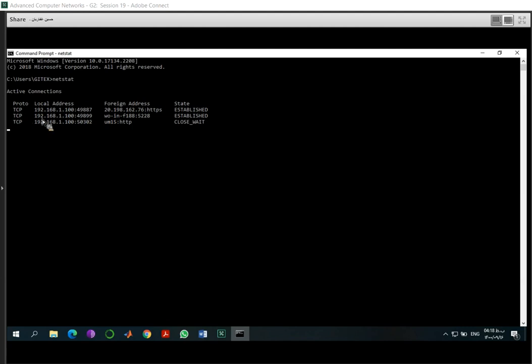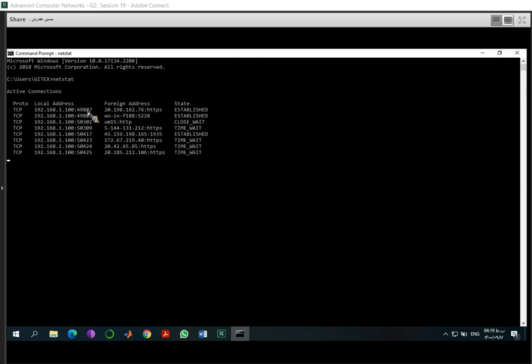Here I can see there are some TCP connections in my computer. This is my local address, 192.168.1.100. This is the IP address of my computer. Then I can see port numbers of different processes in my computer.